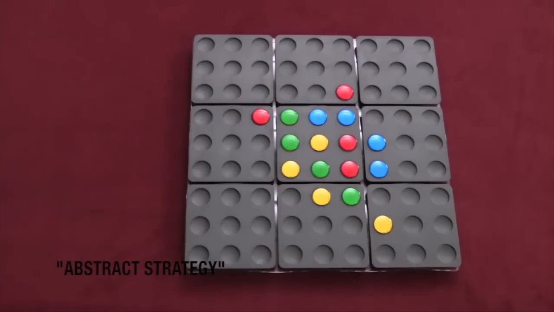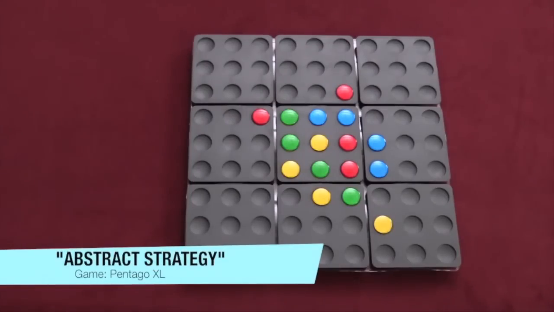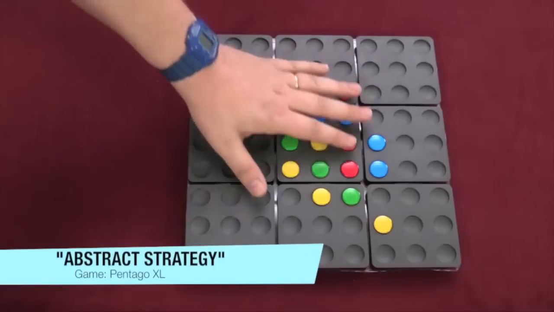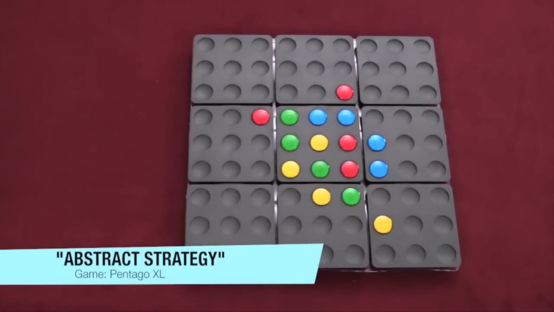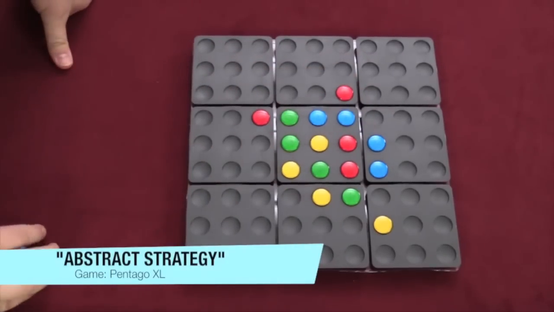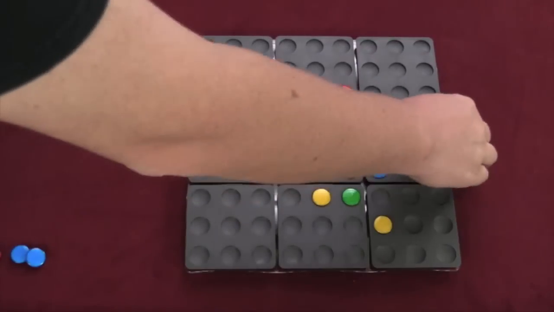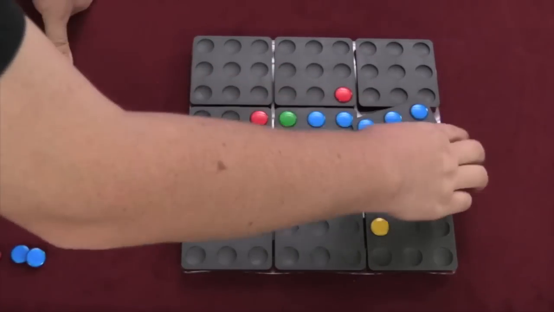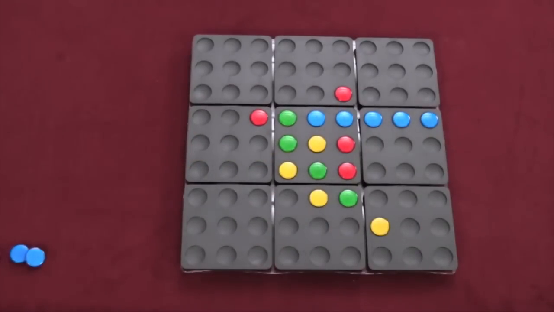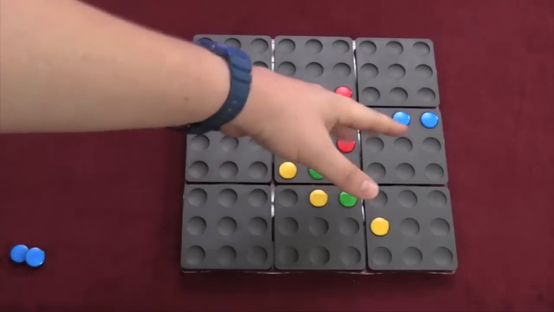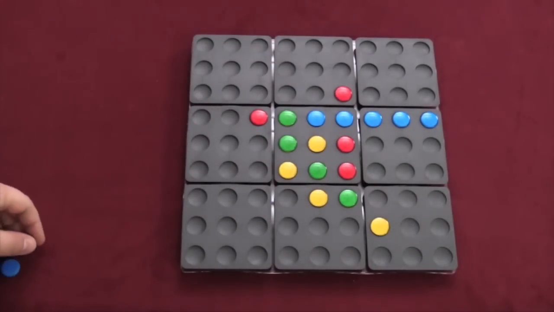I use the term abstract, or sometimes in conjunction with abstract strategy, to talk about games that have no theme, essentially. Many times these games are just simple games of capturing an opponent or getting 5 in a row. And so these games are not about theme at all in any way. They're trying to do something in particular. An example, this one here, get 5 in a row.